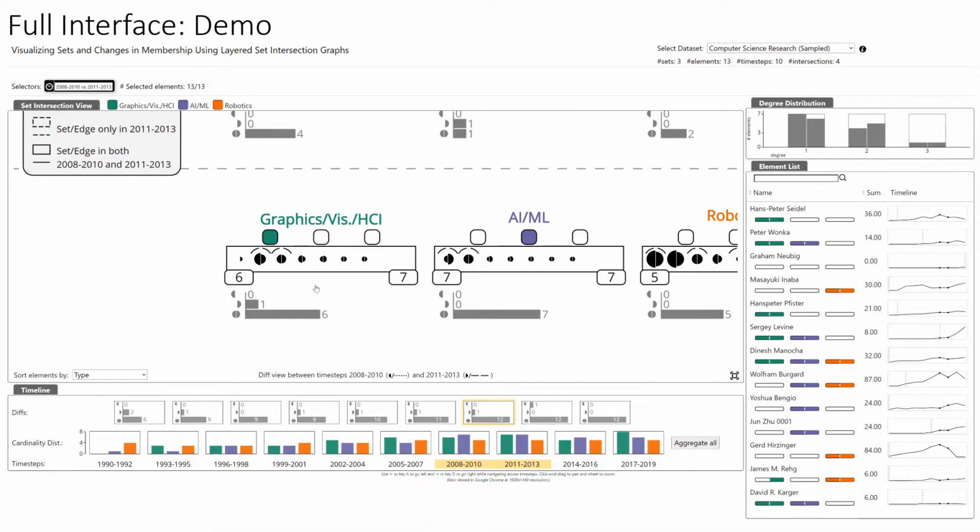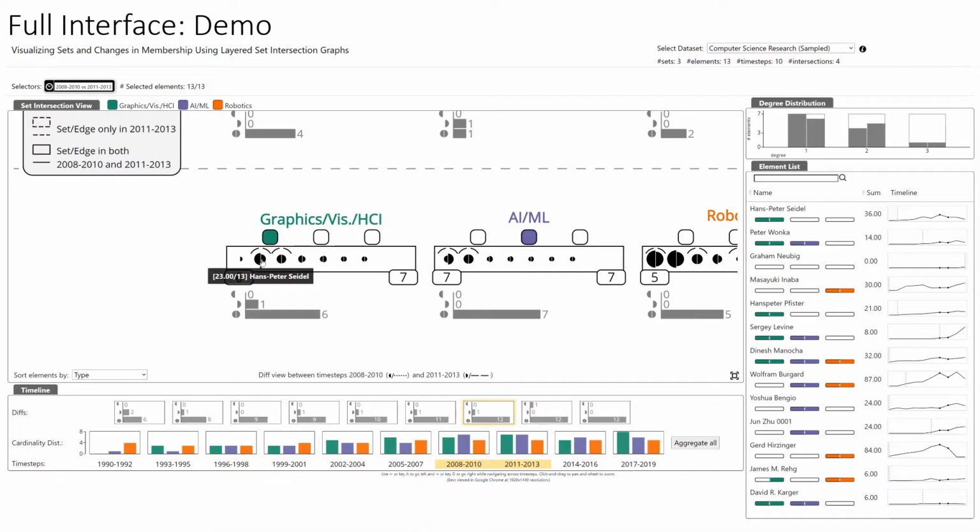The difference in the size of semicircles shows the changes in the membership of the element. For instance, Hans-Peter Seidel published 23 papers in graphics with HCI venues during 2008-2010, while 13 articles in the next 3 years.